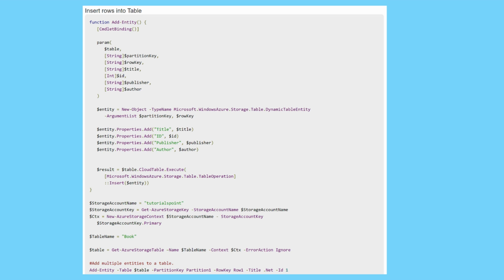https://tutorials.table.core.windows.net/book. Similarly, you can retrieve, delete and insert data into the table using preset commands in PowerShell. Retrieve table: $tabName = "book"; Get-AzStorageTable -Name $tabName -Context $ctx. Delete table: $tabName = "book"; Remove-AzStorageTable